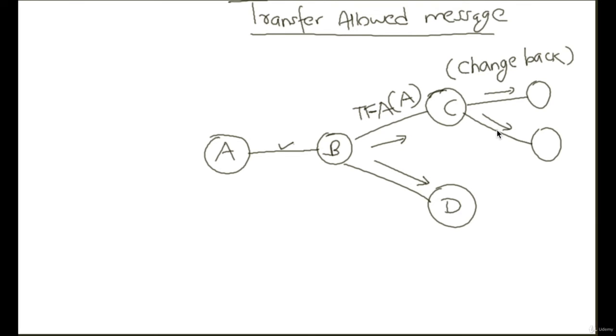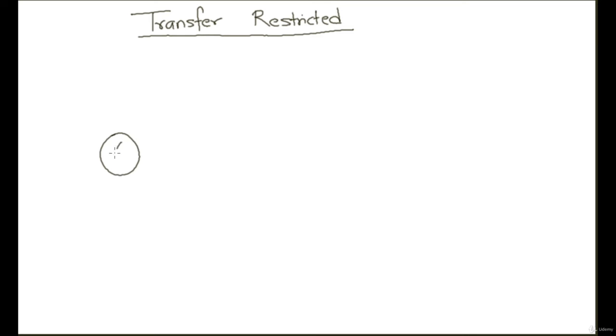Then comes the transfer restricted message. The transfer restricted message is actually a middle path between the prohibited and the allowed. What this means is that the node is accessible but with a limited capacity. Let's suppose A is not able to handle that much traffic, or it just wants very high priority messages only, so it does not want to be in the path of all the messages. Then what it can do is send the